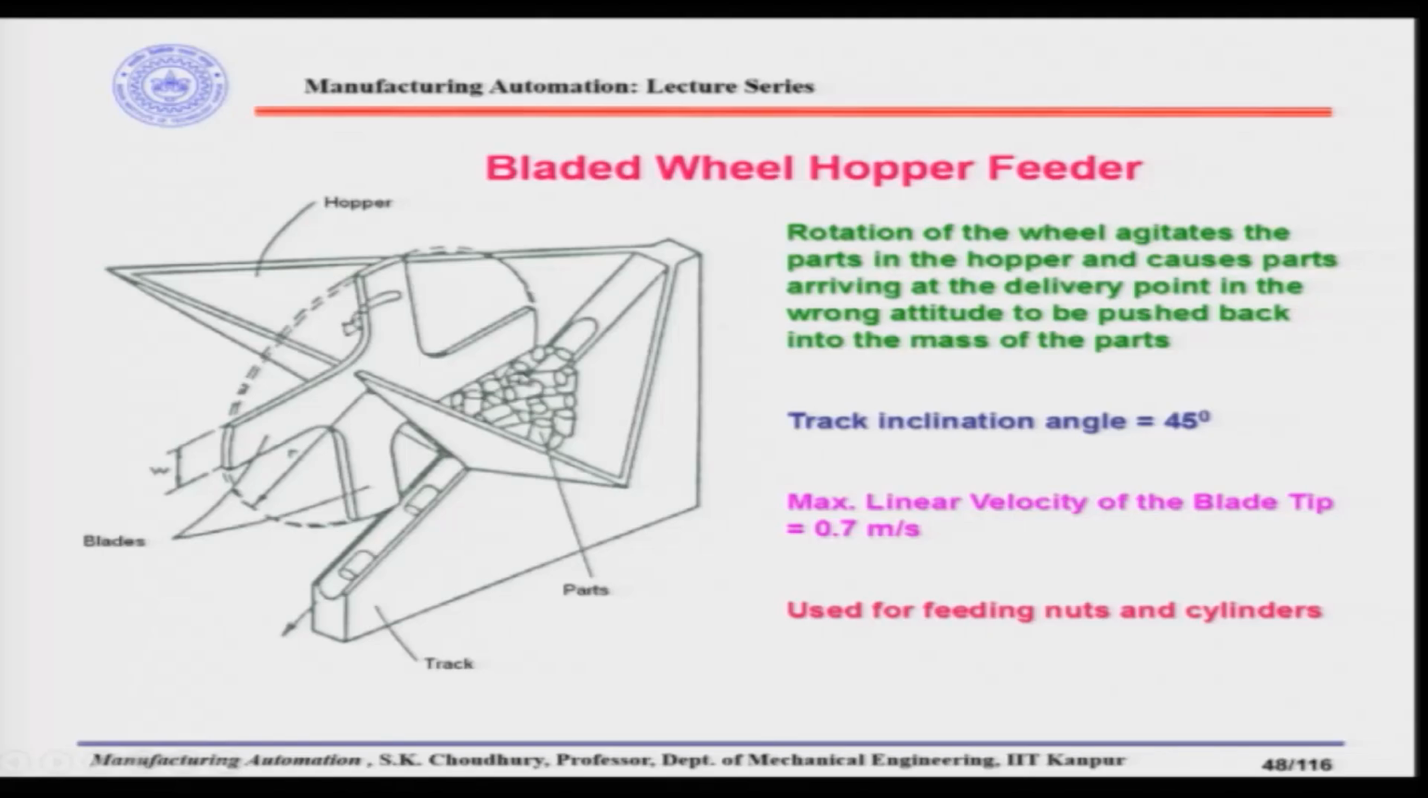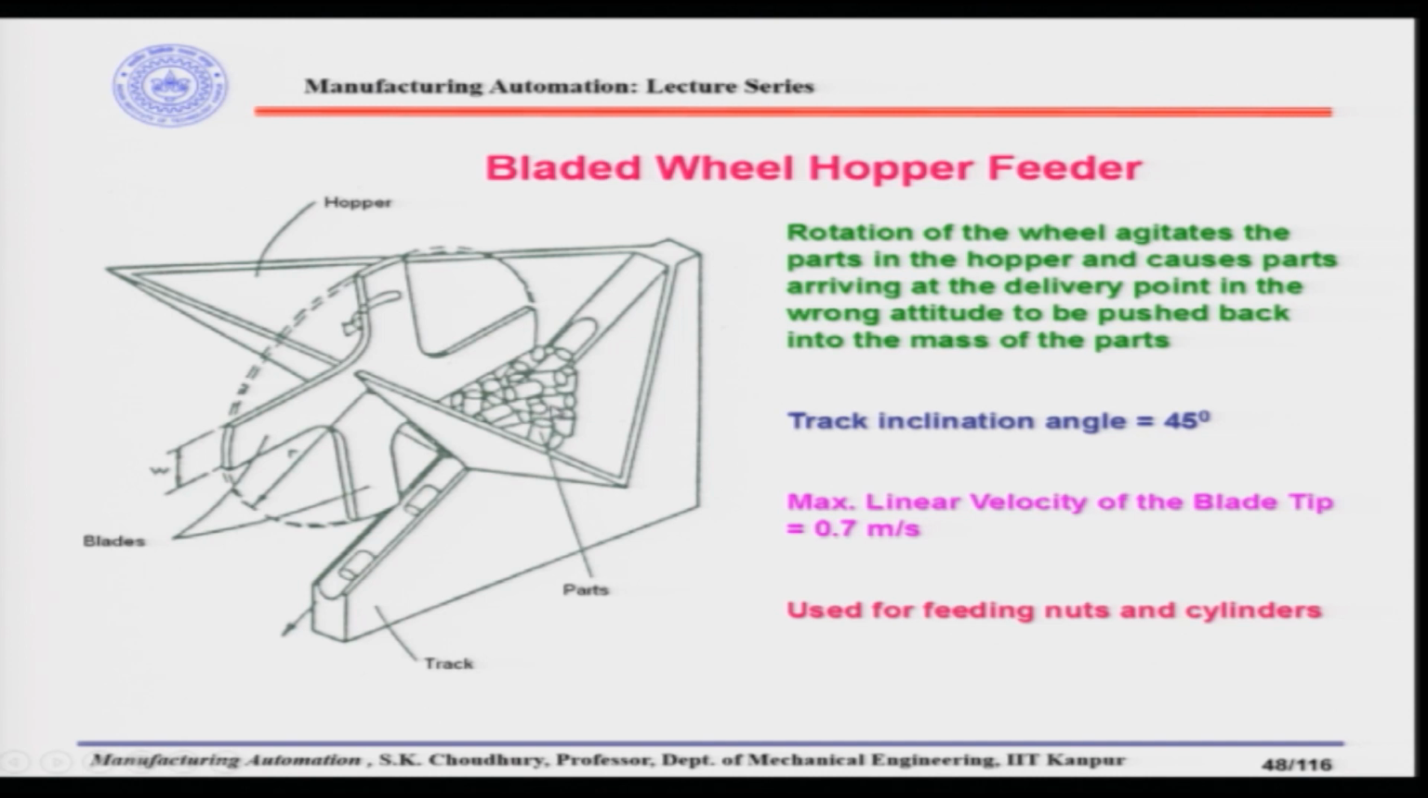Okay, that you have to feed. So, let us see the bladed wheel hopper feeder. The bladed wheel hopper feeder is a very strange design in the sense that this bladed wheel actually does not pick up any part, or take the part to the delivery chute like we have seen in earlier hopper feeders. Here there is a hopper, as shown in this figure,